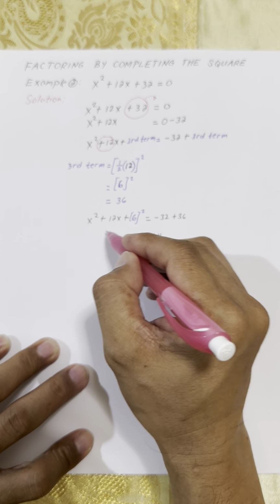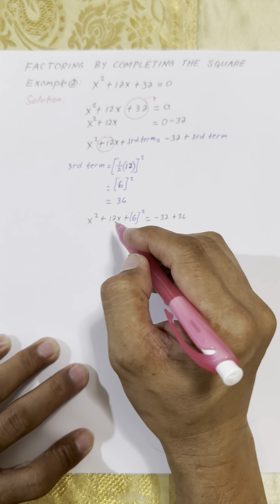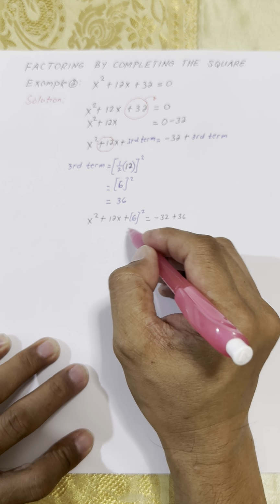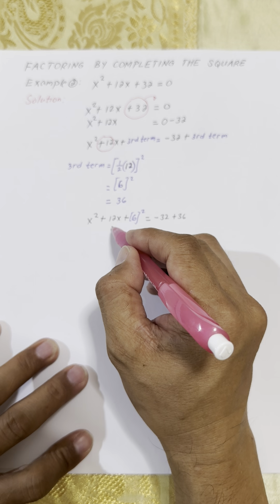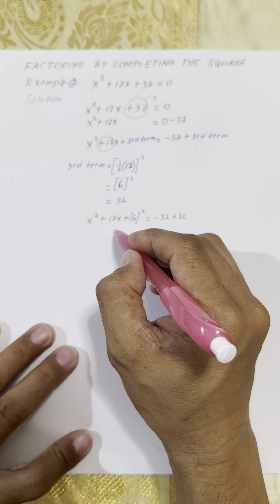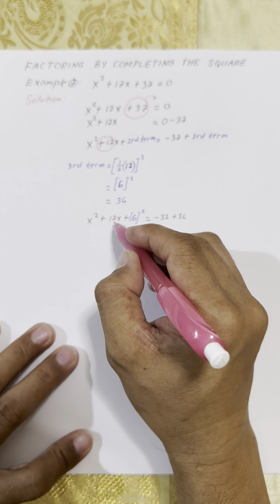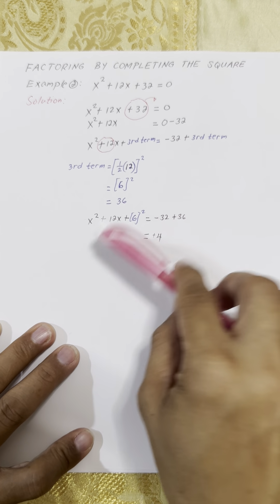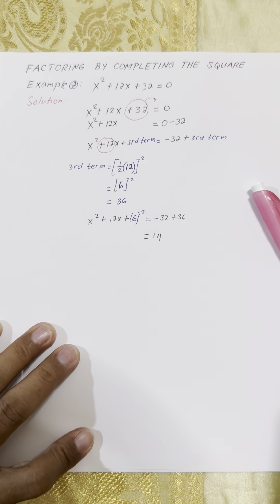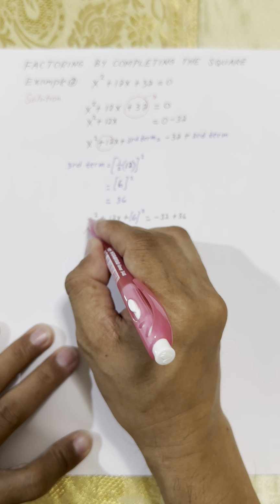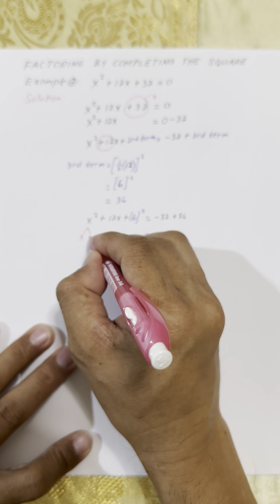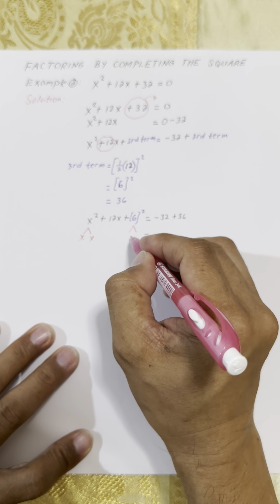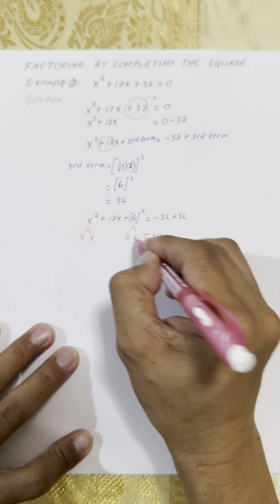Okay, then the result on the left side becomes already the perfect square trinomial. And then we have to find the factors of this perfect square trinomial. How to prove that this is a perfect square trinomial? You have to check the middle term. If the middle term is really twice the product of A and B of the factors. Okay, so what are the factors? The rule here is to find the factors of the first term, which in this case we have x squared, factors are x and x. On the third term, the factors are 6 and 6.